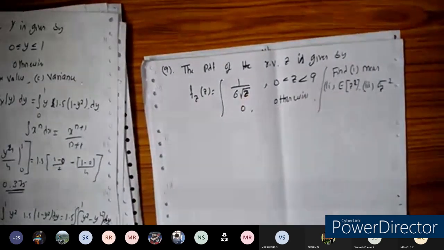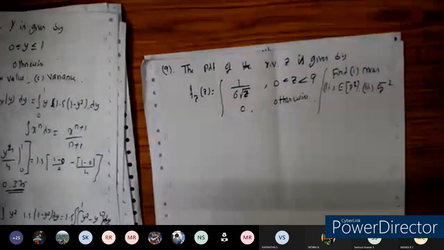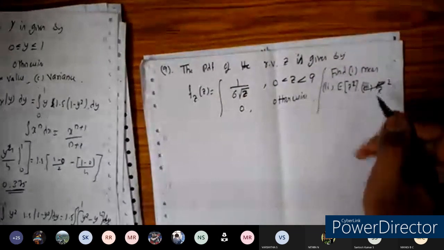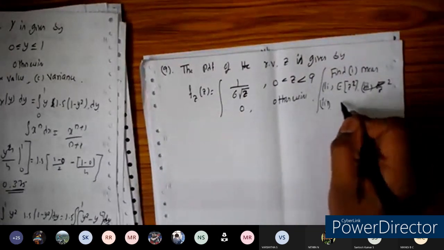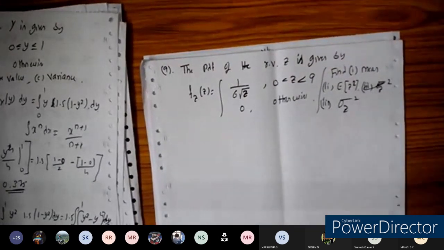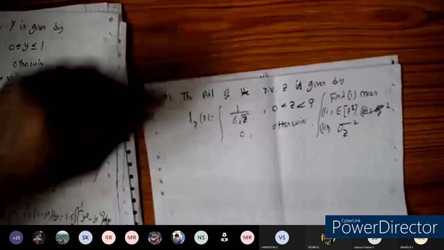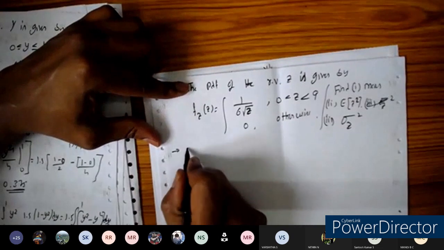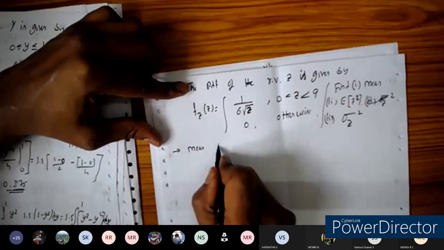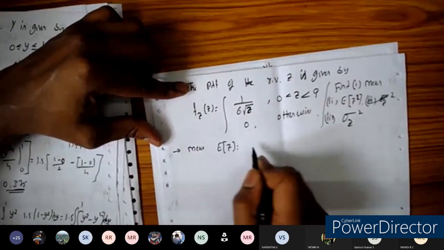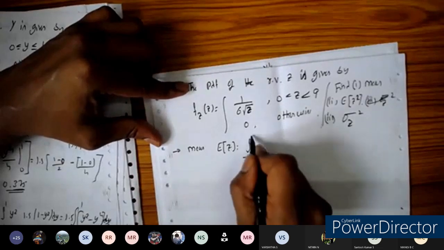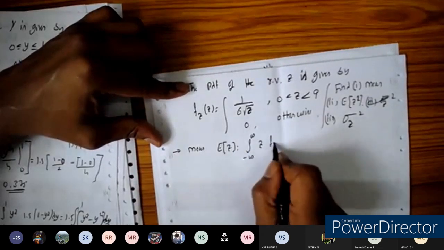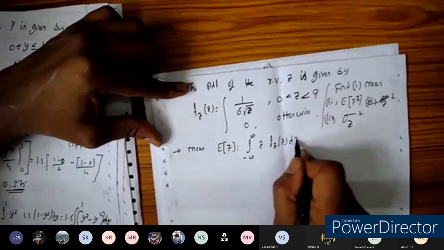that is the root of z here. So let us take that one and do that here. We need to find three quantities: the mean, the mean square value, and the variance. Let us write the same formula. The first one is the mean. The mean is the expected value of z, given by the integral from minus infinity to plus infinity of z into fz of z into dz.